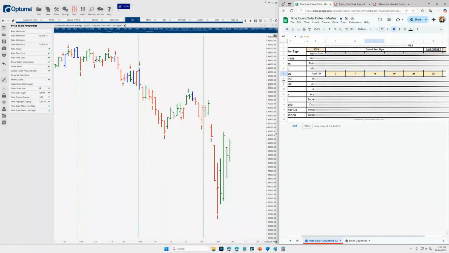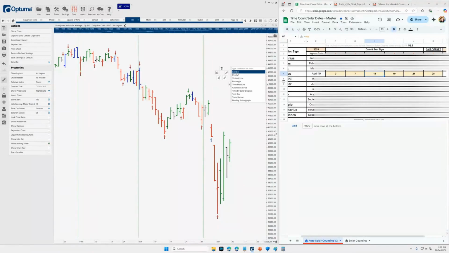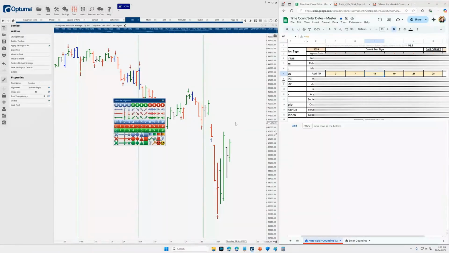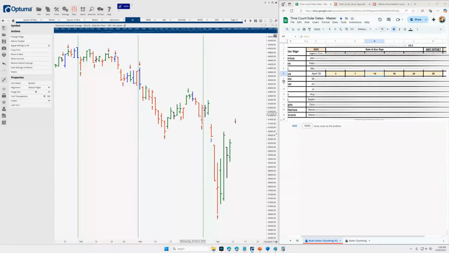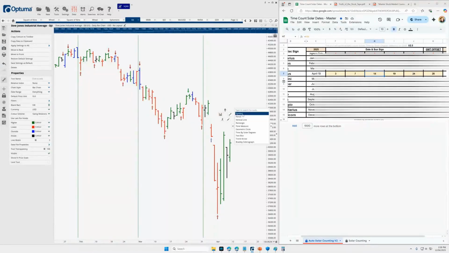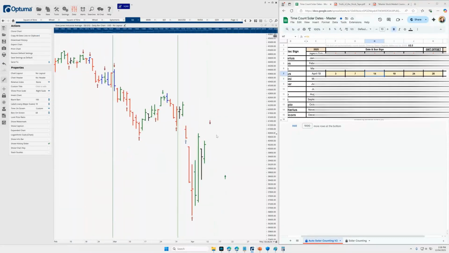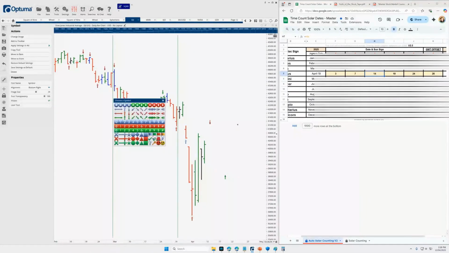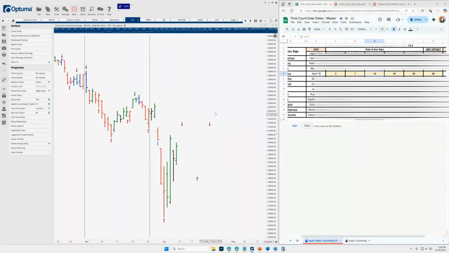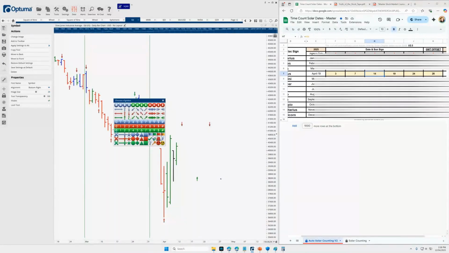Now we're moving out to the next one, which is the 14th. Okay, so the 14th is Monday. So is the market going to make a top or make a bottom? What do you reckon? The next one after that is the 19th. Is the market going to make a top or a bottom? You know the time periods now. Then it's the 24th. Okay, is it going to be a top or a bottom? And then it's the 28th. Is it going to be a top or a bottom?